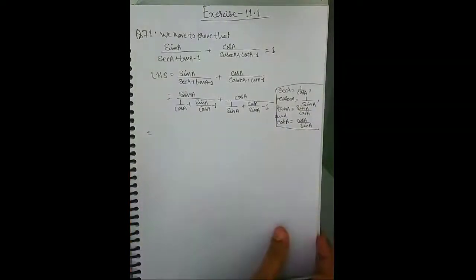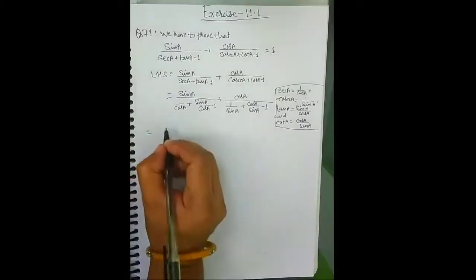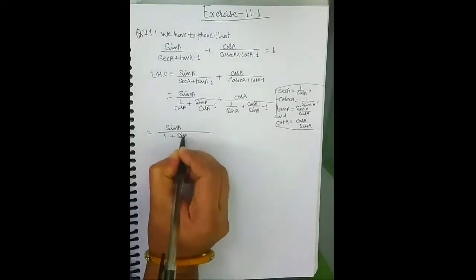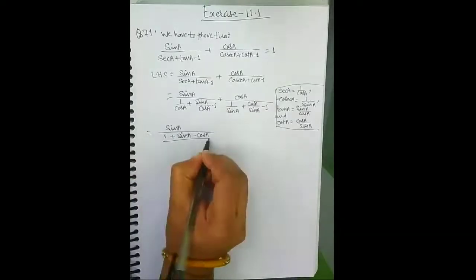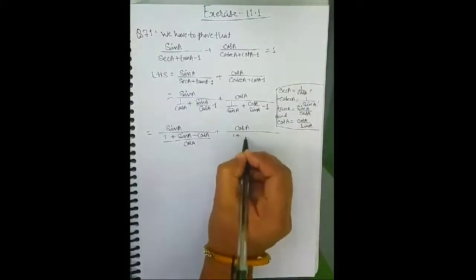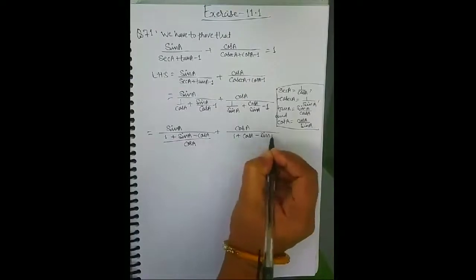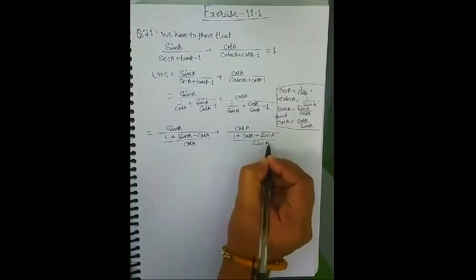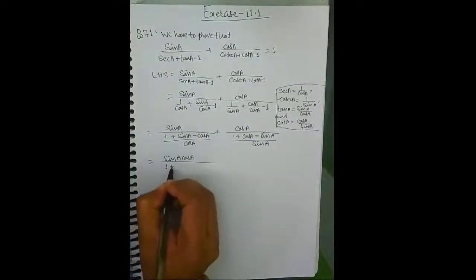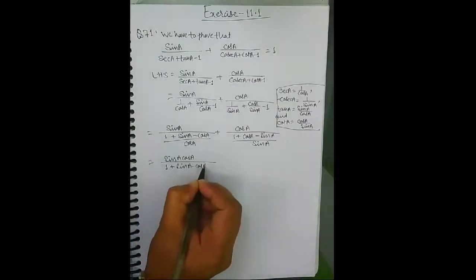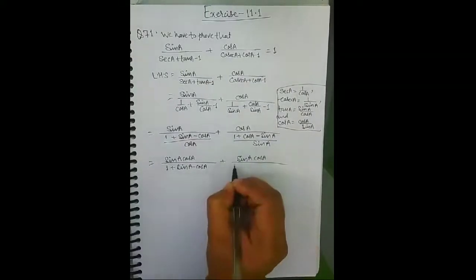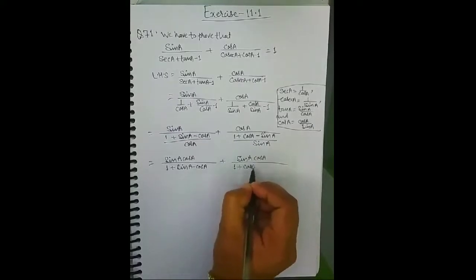Now we solve। Sin a upon 1 plus sin a minus cos a upon cos a plus cos a upon 1 plus cos a minus sin a upon sin a। We write sin a into cos a upon 1 plus sin a minus cos a plus sin a into cos a upon 1 plus cos a minus sin a।